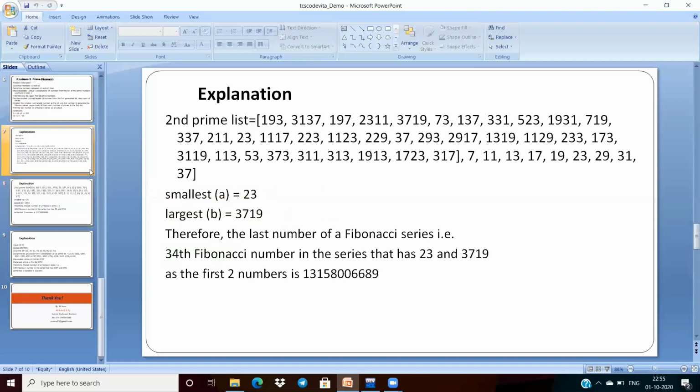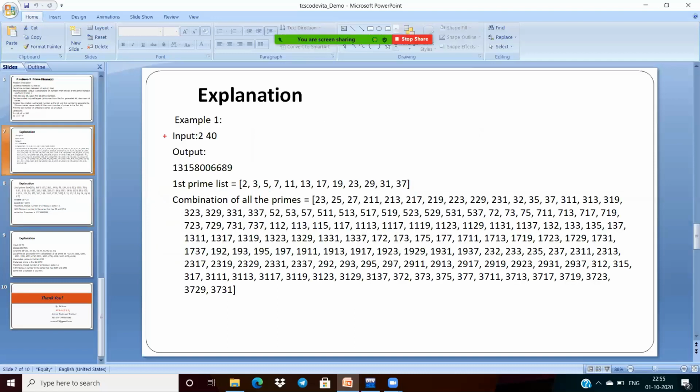So this is the expected output. The input is 2 and 40 and the expected output is the 34th Fibonacci term. If you observe, this output is more than the range of integer generally, so we have to follow some constraints. This is the first prime list.